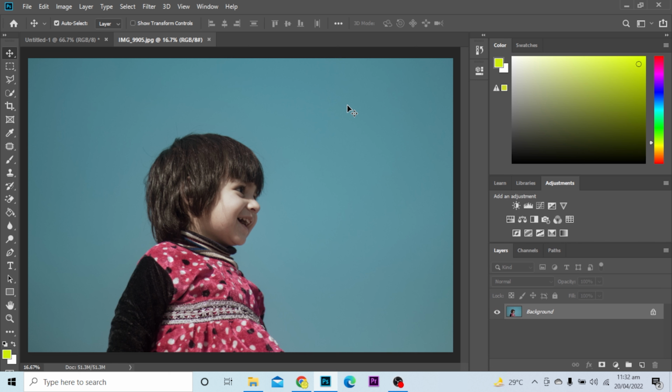How to change cloth colors in Photoshop. Now first of all I'll select the quick selection tool, and here let's say I want to change the color of this cloth. I'll select the area,